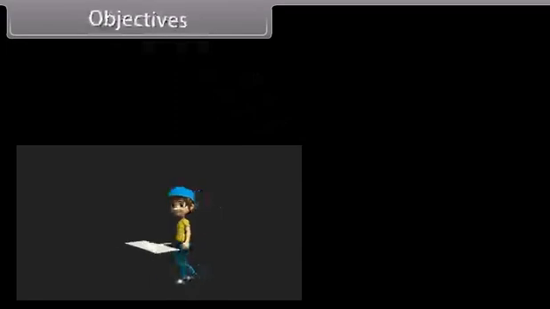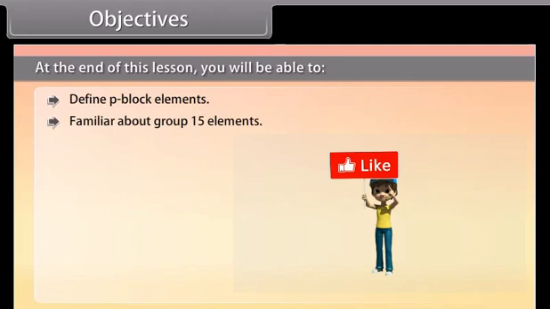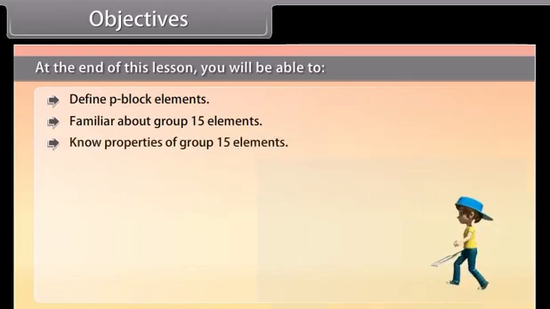Objectives. At the end of this lesson, you will be able to define p block elements, become familiar with group 15 elements, know properties of group 15 elements,